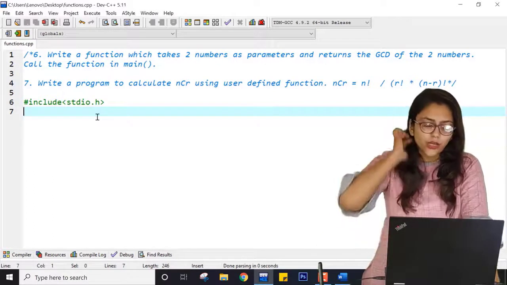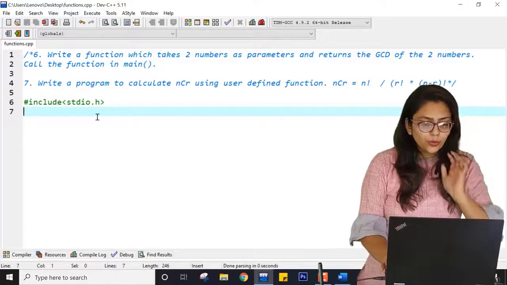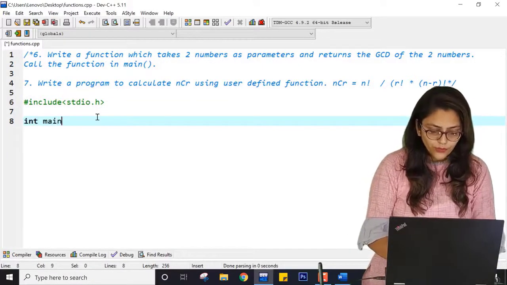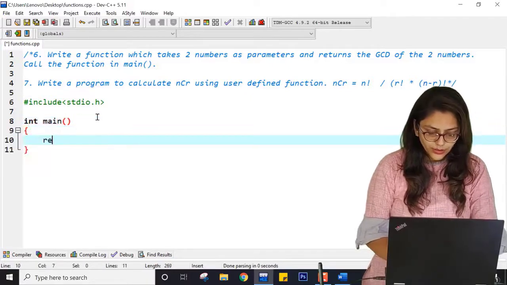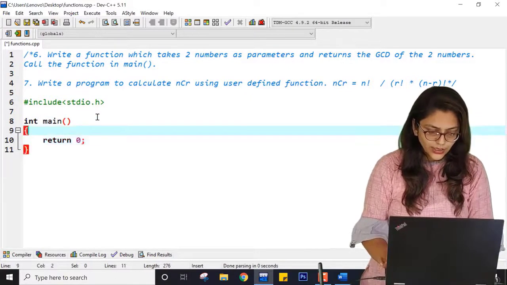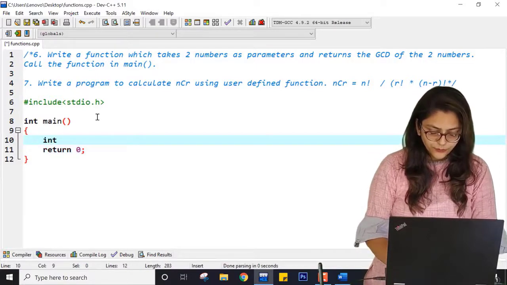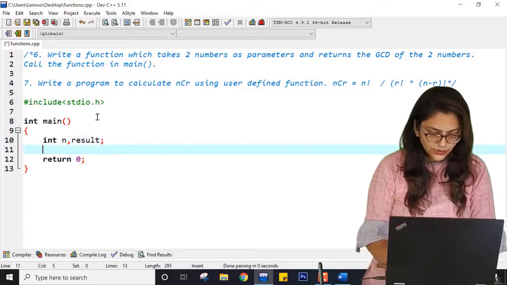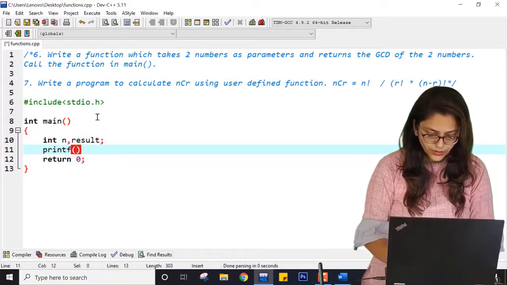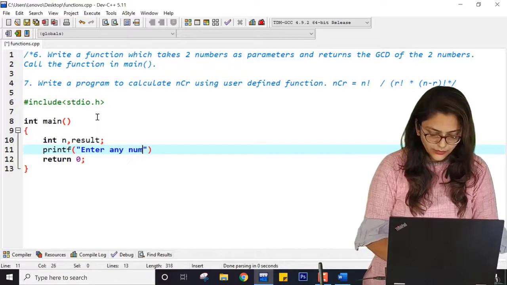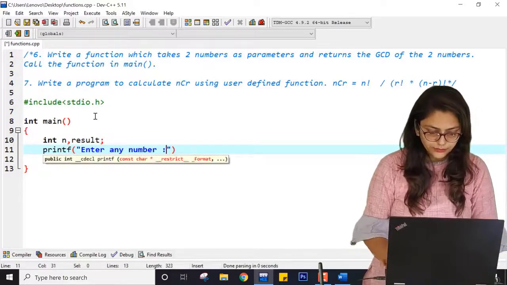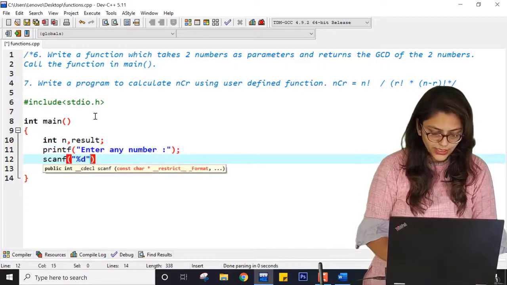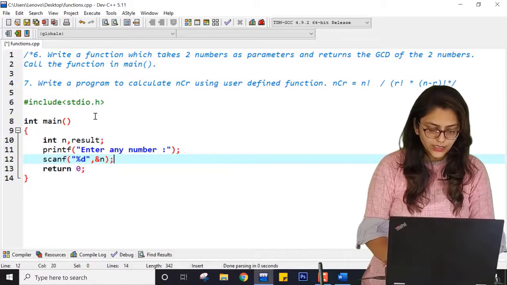How can you do that? To understand this practical you must know the logic of finding factorial. So what was the program for finding factorial? Return 0. Here I was taking int and result, and then I was telling the user printf enter any number, and here scanf %d and &n, right?